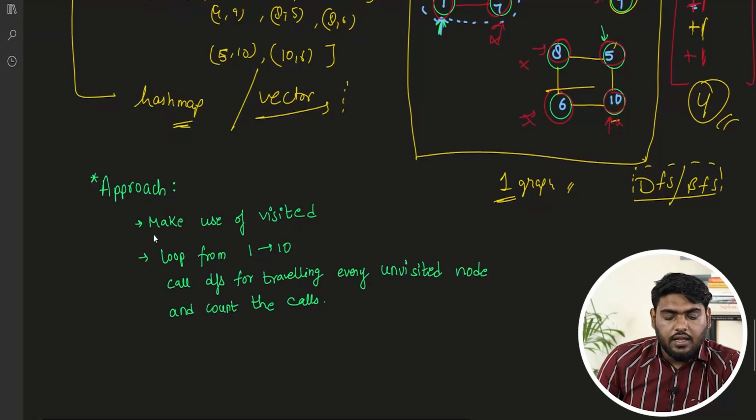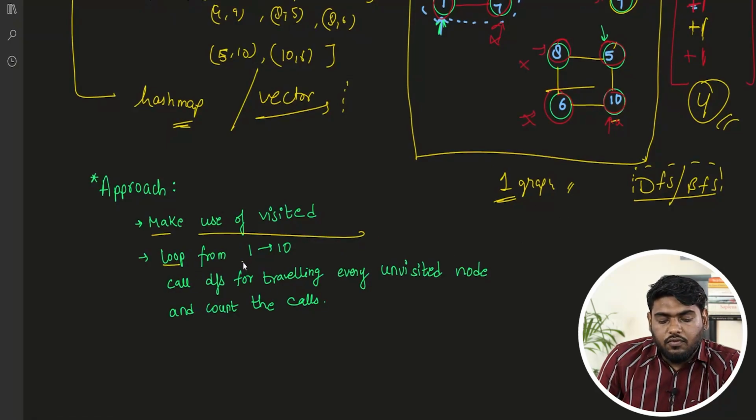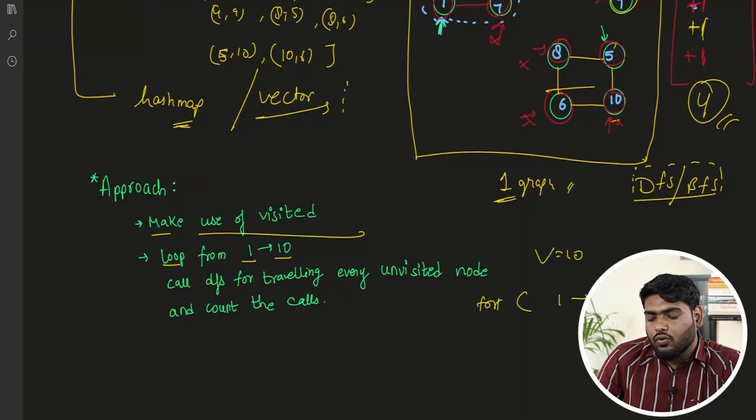The approach is saying make use of visited. We have seen how. I'll loop from 1 to 10. That means for this question, we are giving v equals 10. I'm going to be just using a loop which will be going from 1 to 10. And what will I do? At every, let's say we are using i here. So if my i is not in visited,